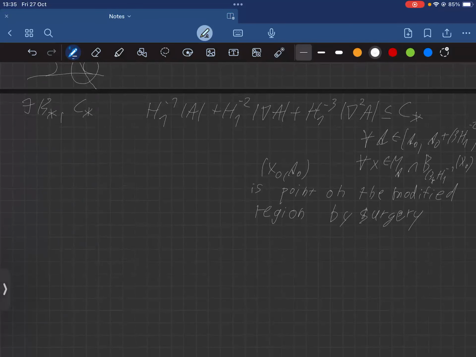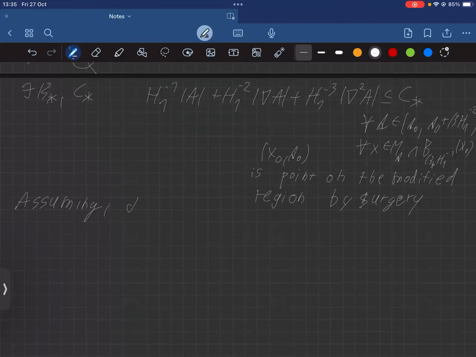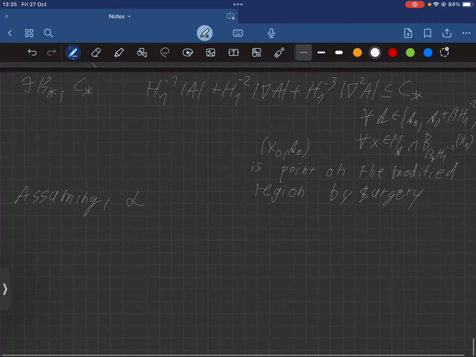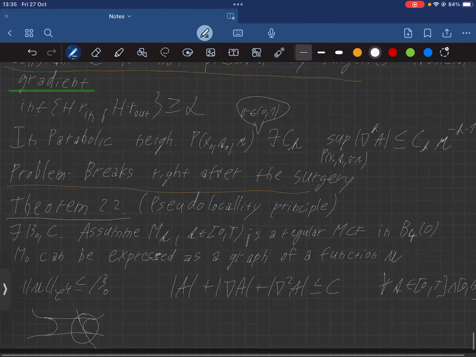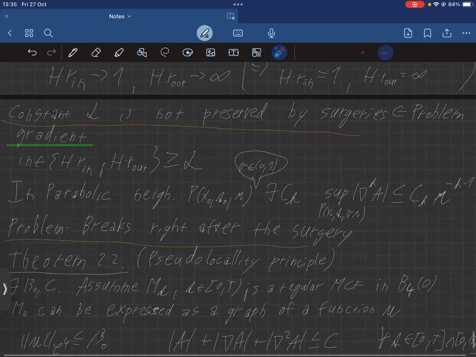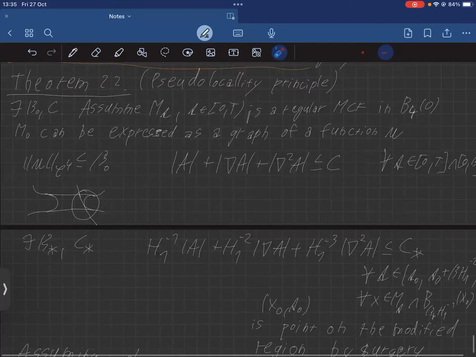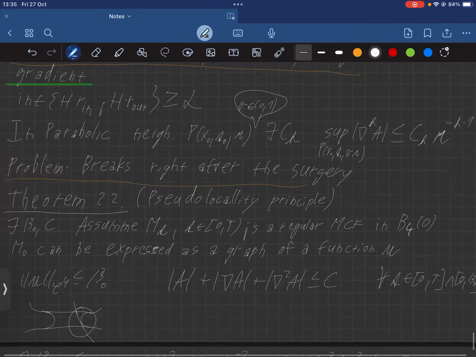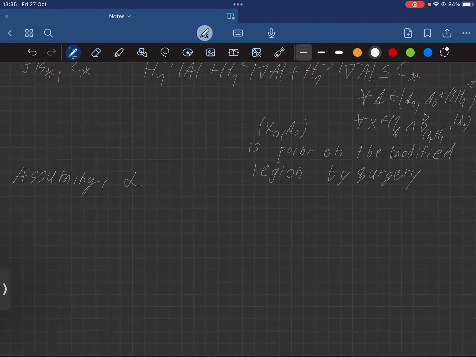Assuming we will deal somehow with the alpha, which I'm going to mention in a second, by that I mean that we solve this problem right here, that the constant alpha is not preserved. If we somehow manage to preserve the alpha after surgeries, we have actually solved the problem for the gradient estimate. So assuming the alpha problem is solved,